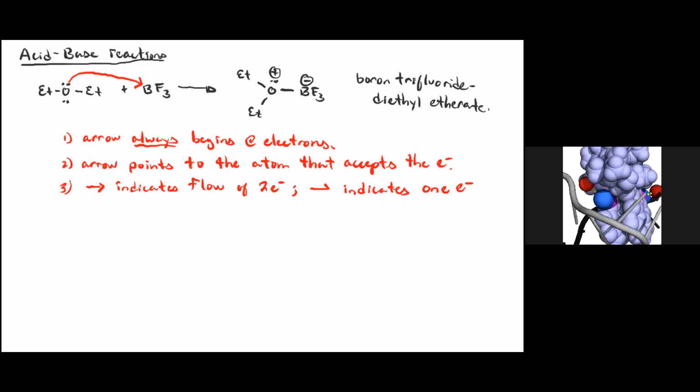acid-base reactions. Okay, so what I've just shown you in the context of this complexation is the first sort of arrow pushing that you've seen, and it's important that you become adept at doing this. And so always remember that arrows begin at electrons and end at the species that accepts the electrons, the atom that accepts the electrons. If I were to draw it like this,